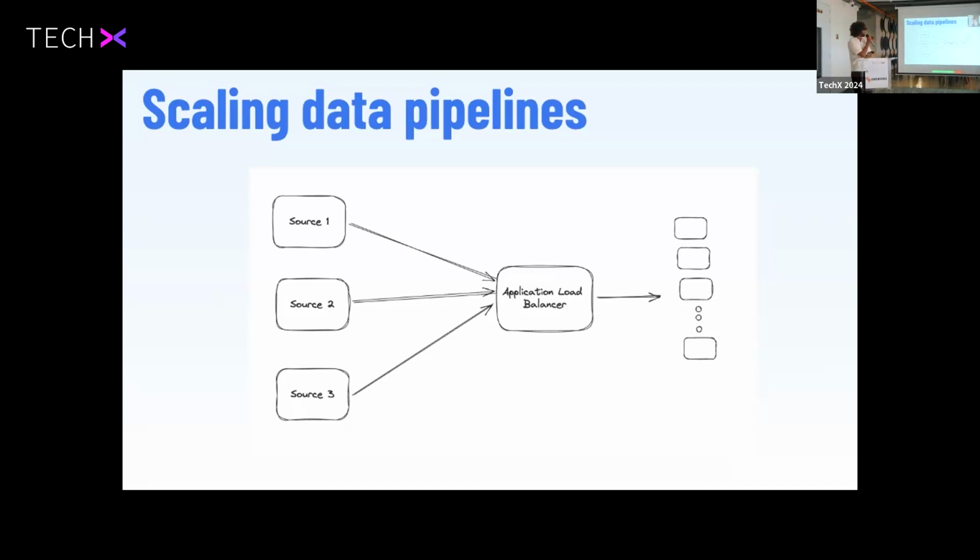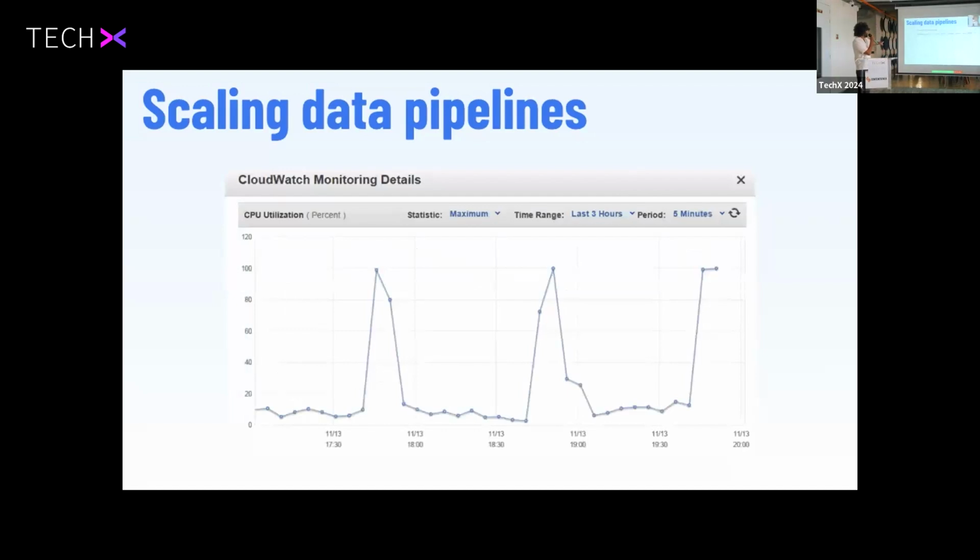If you notice, initially this is what our CPU utilization was looking like. Initially, it was at 10, 15, 20%. And whenever our data load goes high, a lot of people start requesting us, we would have this peak, and then people would stop requesting again, and then the load would go down. And then it would again sustain at some 10, 15%, again it would go high, and then again it would come down, and then it would sustain.